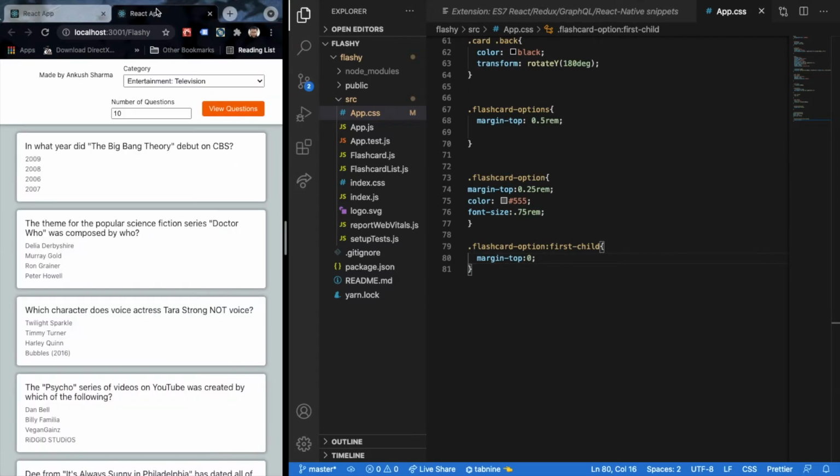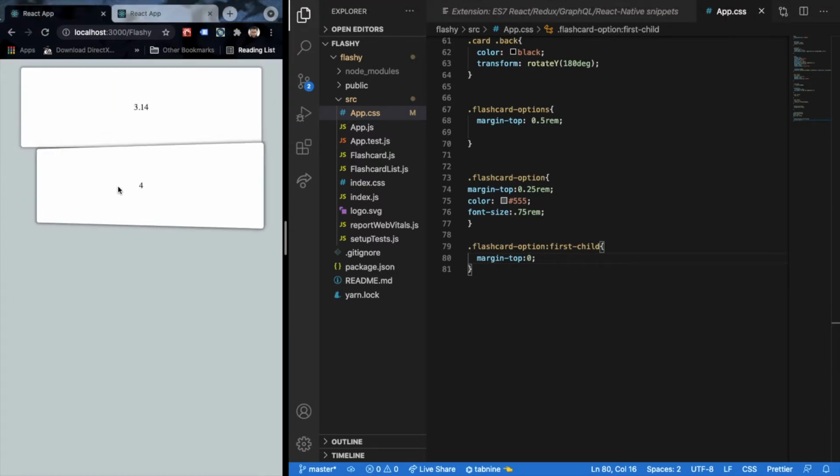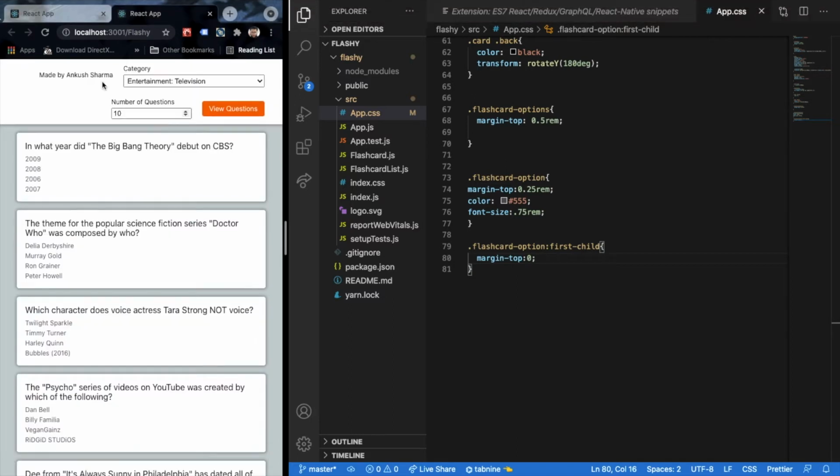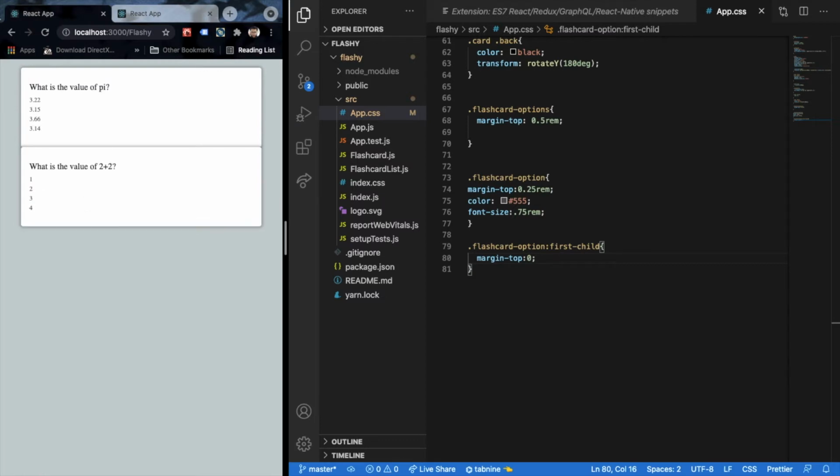Perfect. So if we see our actual cards over here, you'll see that we are pretty much on the same lines, and we are now able to generate everything from scratch over here. Now the next thing that I really want to configure is basically the structure of how we are going to load our APIs. I want to see how we can attach our different categories over here. We can attach our amount that we see over here. And the next set of problem also involves fetching the data through our API.